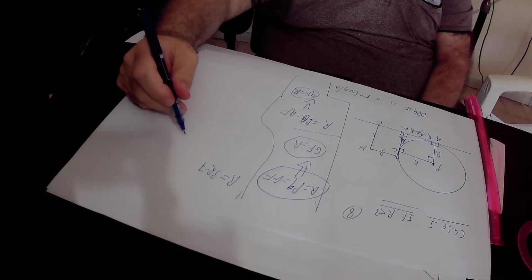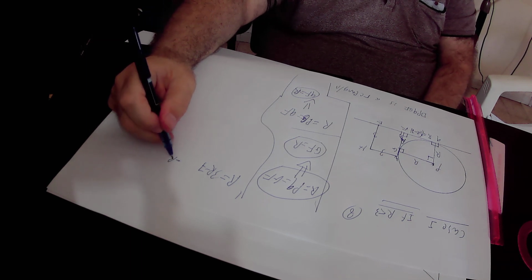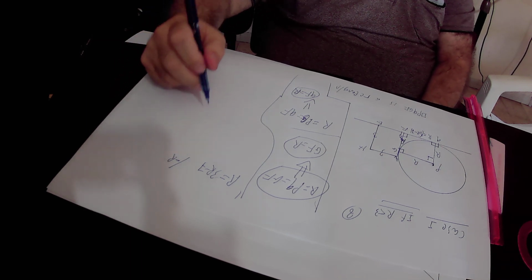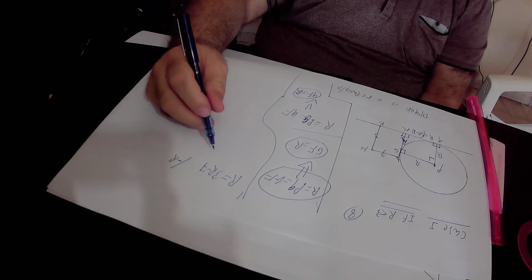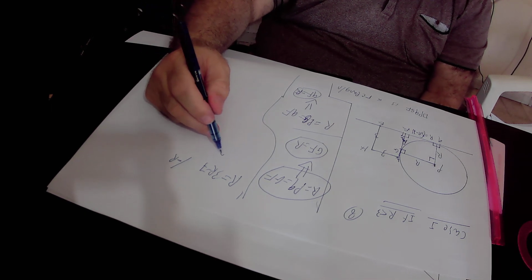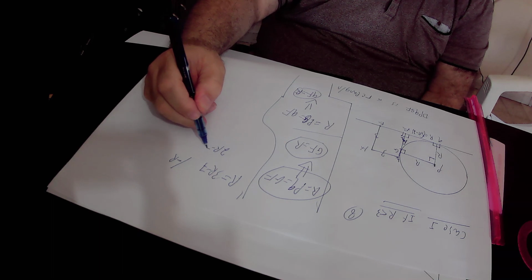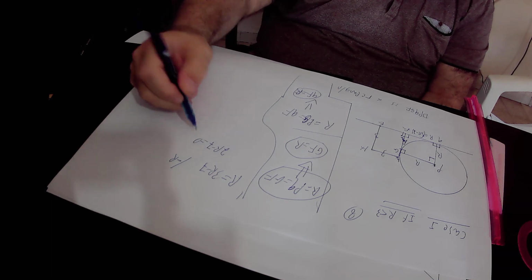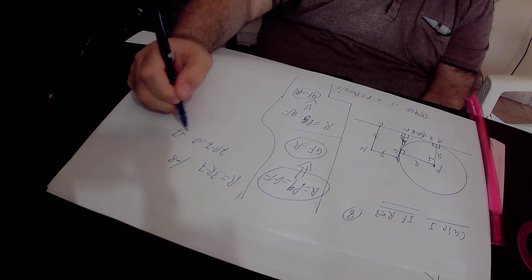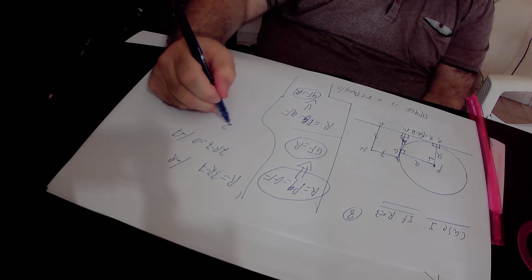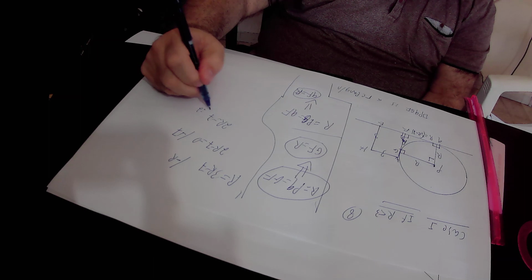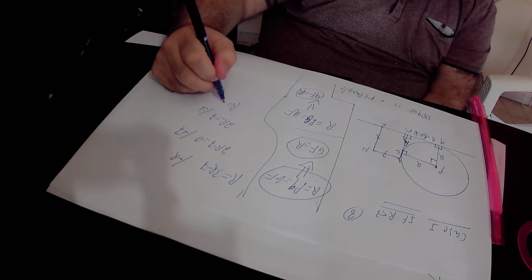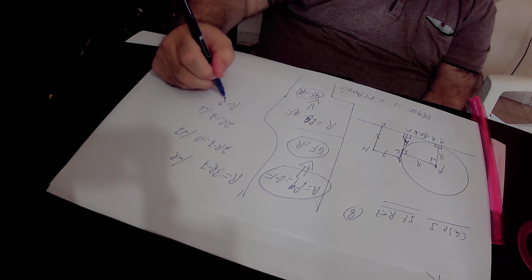Here we subtract R from this equation and we will get that 3R minus R is 2R, so 2R minus 7 equals 0. We will add 7 to this equation and we will get that 2R equals 7. We will divide this equation by 2 and we will get that R equals 7 over 2, that is